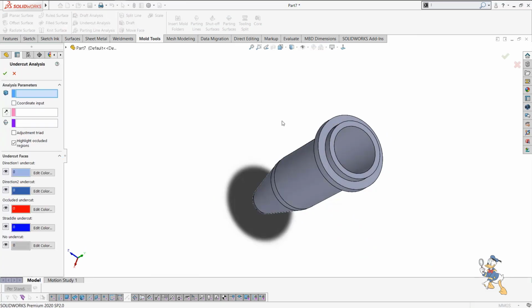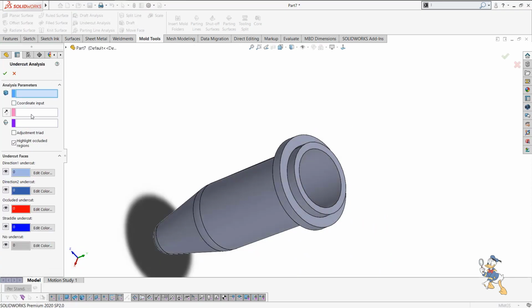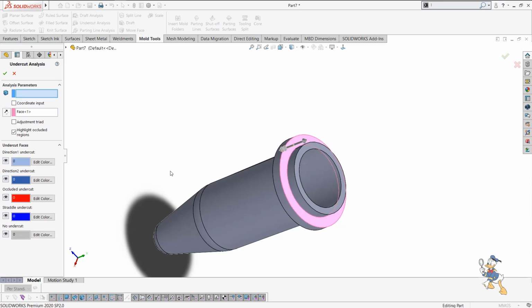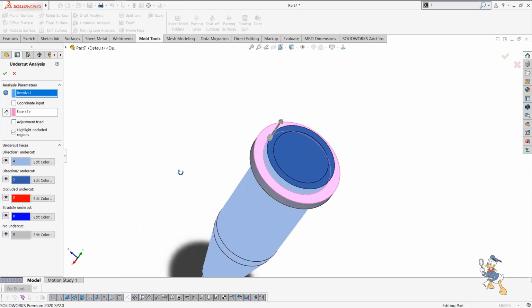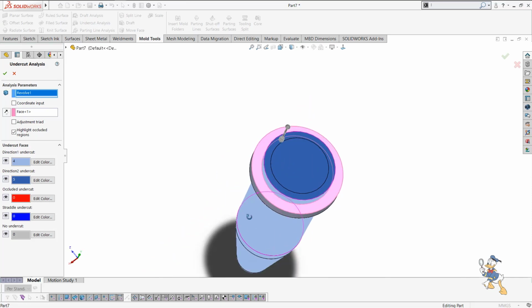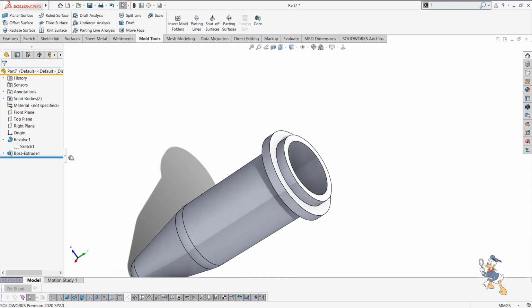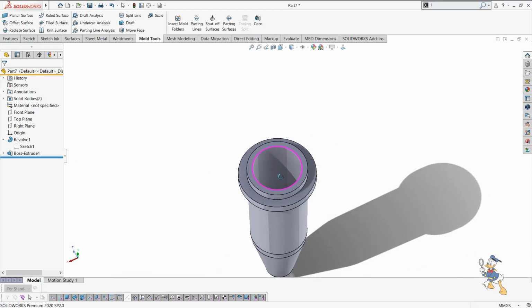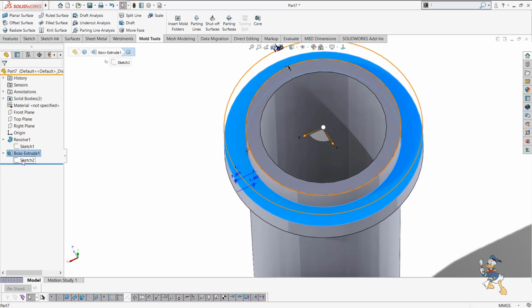Suppose we need to check the undercut analysis. We just need to provide a face about which we can check the direction of pull. The direction of pull is this, the solid body is this, and we can check the undercut analysis. As you can see, there are no undercuts in this figure. So it is very easy to design something like this, and